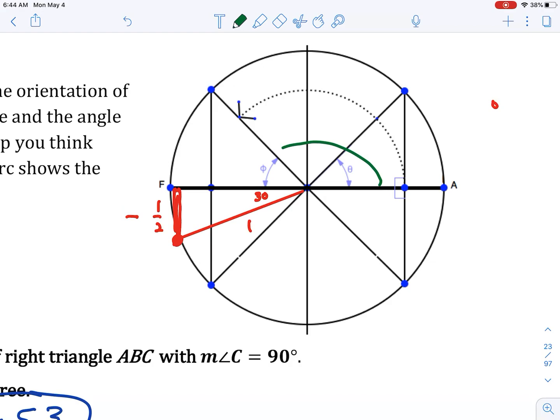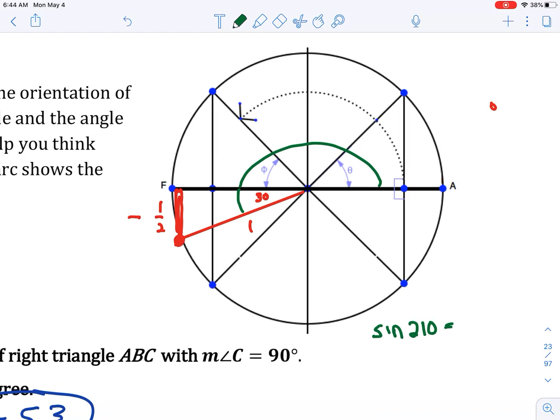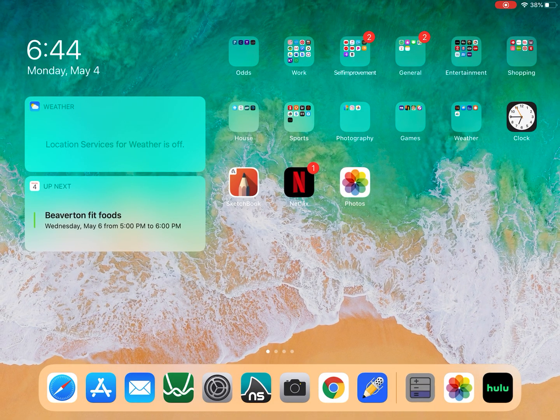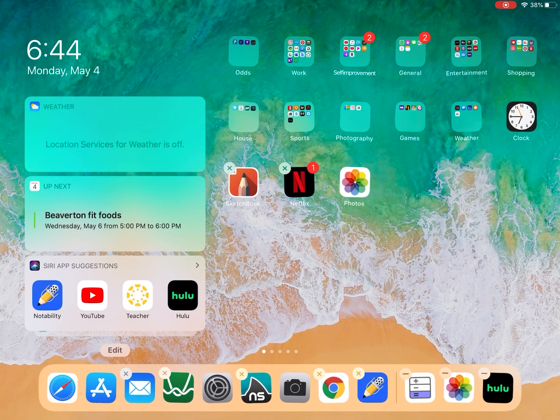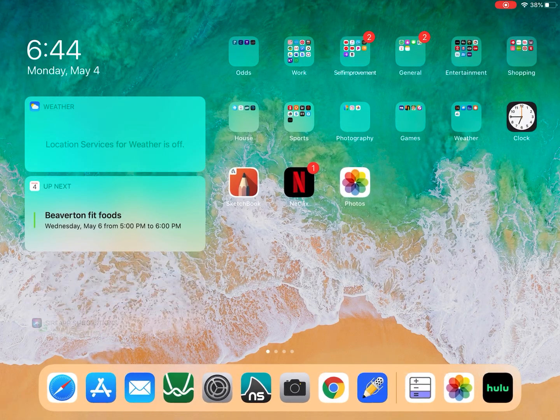Well, here's 180 degrees, and then another 30. So this is like the sine of 210, which is going to be equal to negative 1/2 this time because I'm going down 1/2. So negative 1/2 over 1, which is just negative 1/2. So the sine of 210 equals negative 1/2. And just to prove that,